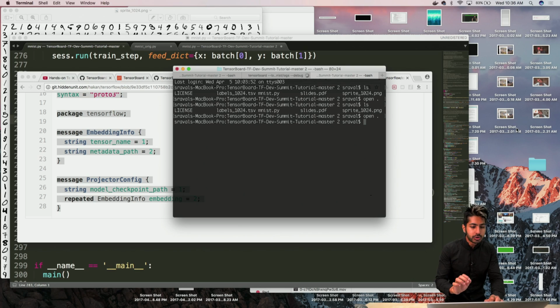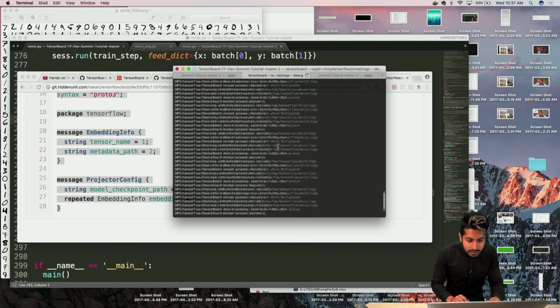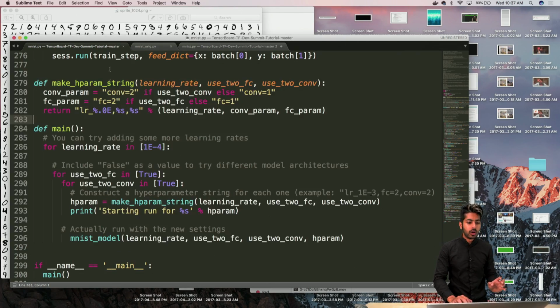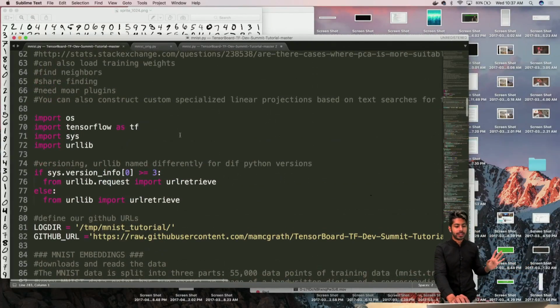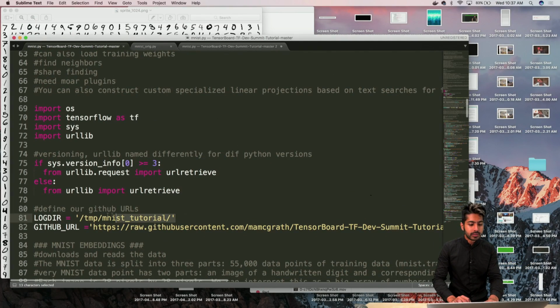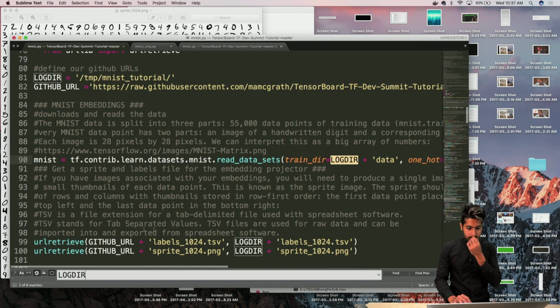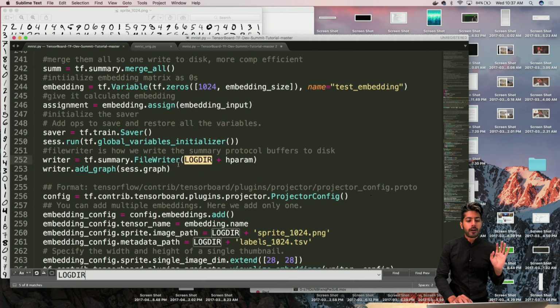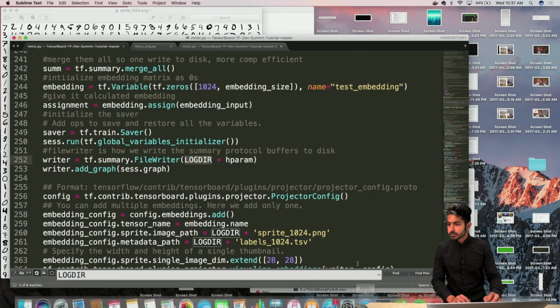Now what we're going to do is we're going to visualize what we've just written, and we're going to make sure that it works. So let's see. Okay, so we want to run this in Tensorboard. What have we done here? We saved it to this log directory right here. So it's in TMP MNIST tutorial, and that's where we saved it, okay? That's where our file writer saved it. So now what we want to do is we want to